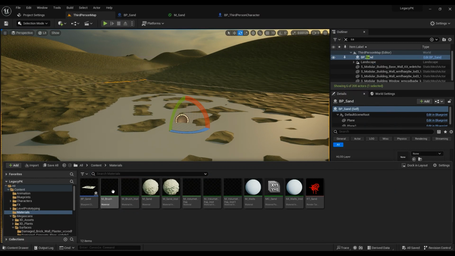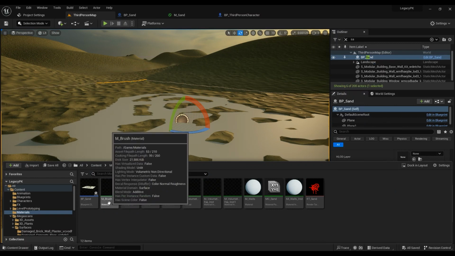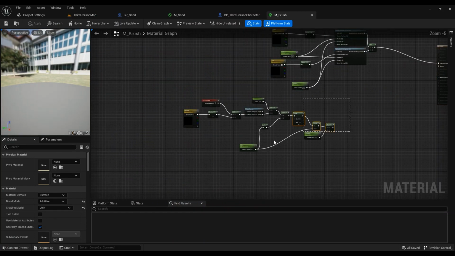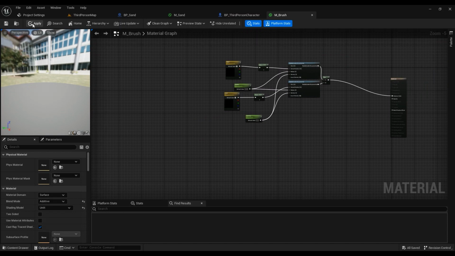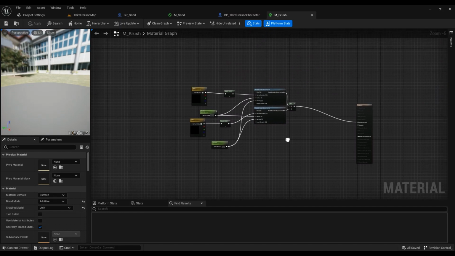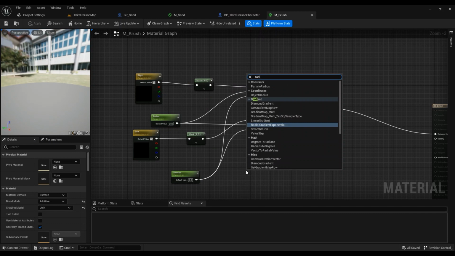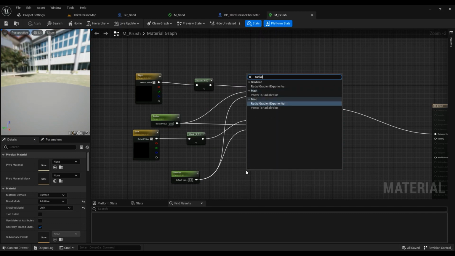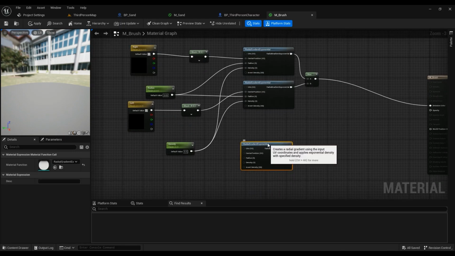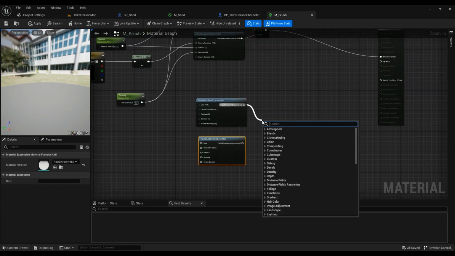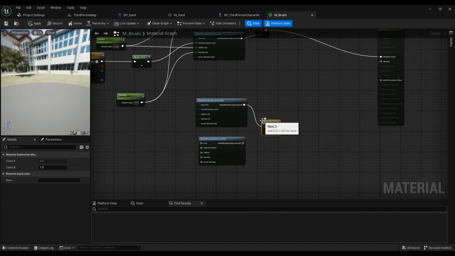I've already created one. Let's call it M_Brush. This is kind of an old one, so let me apply and save. The first thing that we have to do is a radial gradient exponential. Yeah, this is the one, and then Control C, Control V, and then from this one a max,